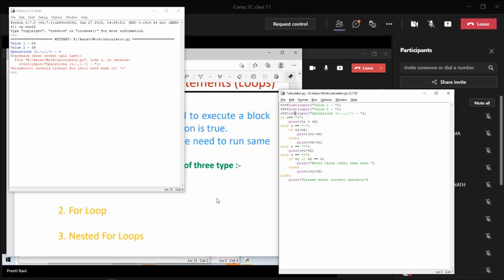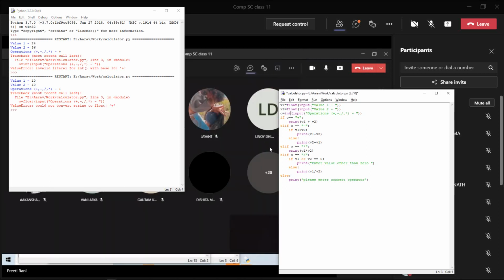Ma'am, when I'm running it, it's asking value 1 and value 2, and it's asking me to choose the operator. Send me the screenshot, or share the screen. Then I can understand your doubt. Send me the screenshot, beta.